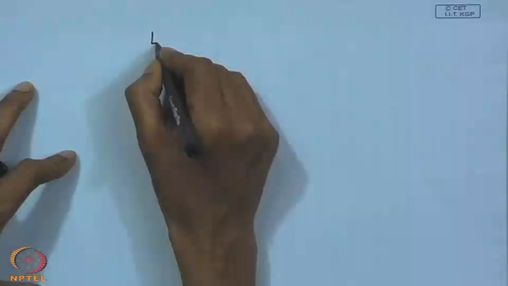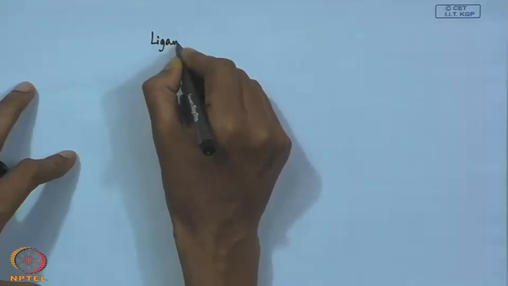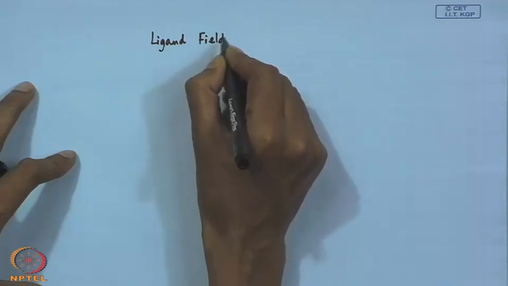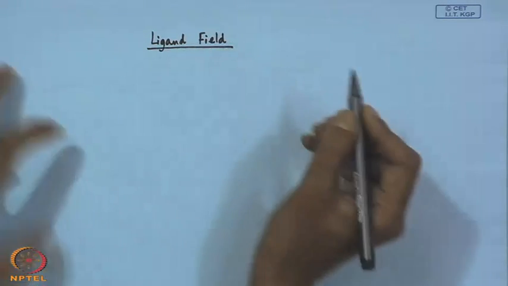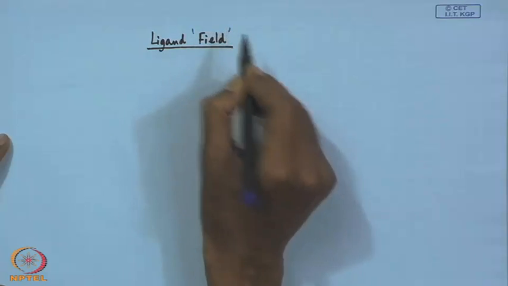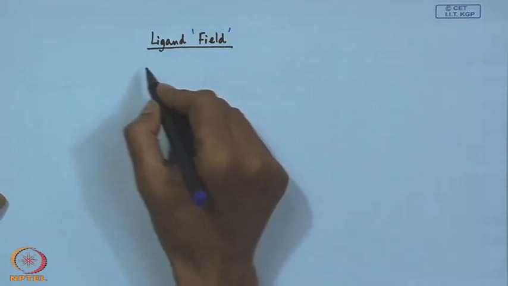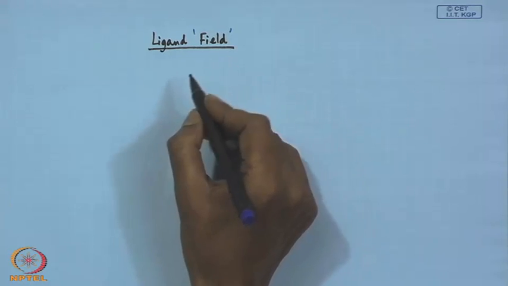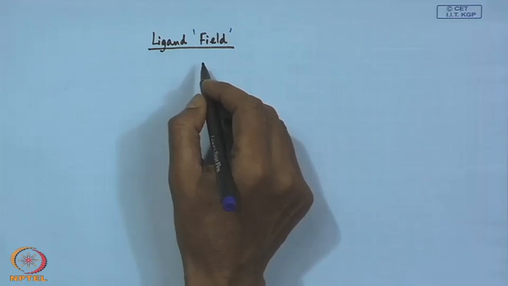Good evening, everybody. Today we will just slowly move to the ligand field theory. How the ligands around the different metal centers can give rise to a typical field which is completely different from the crystal field. But before proceeding to that particular theory, how we can utilize that theory to explain some of the bonding